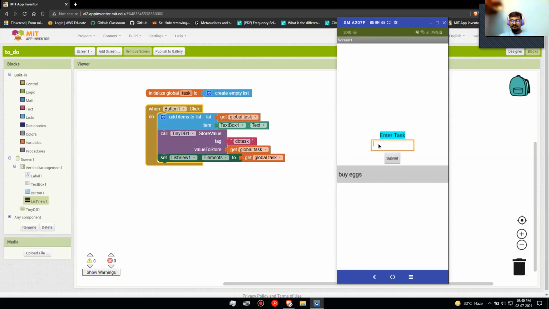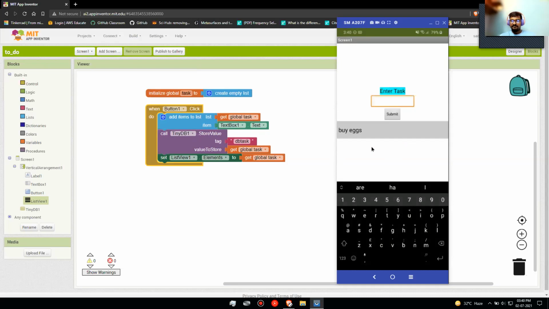But I can only write one thing, because if I press enter, it doesn't go. The to-do list is one below the other, right? So I have to put only one item at a time. Yeah, one item at a time.